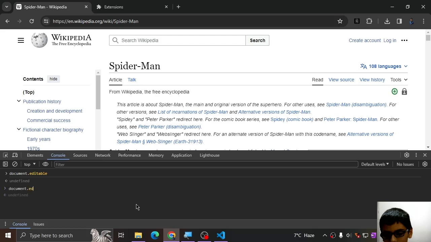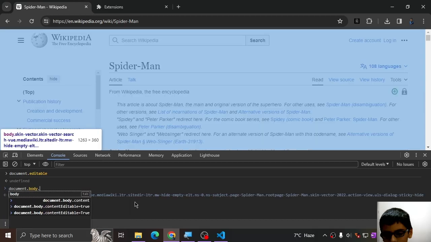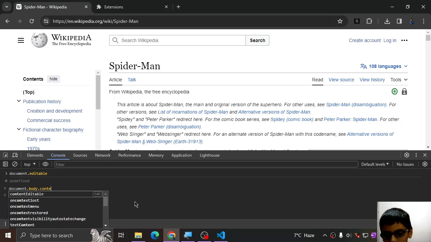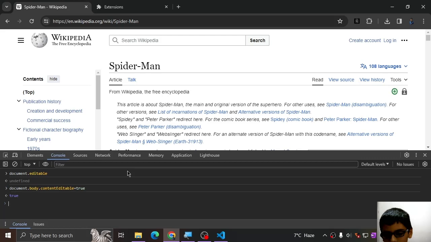Why is it becoming undefined? Yeah, that's document.body.contentEditable. Here I will say true, and when I do this and press enter,